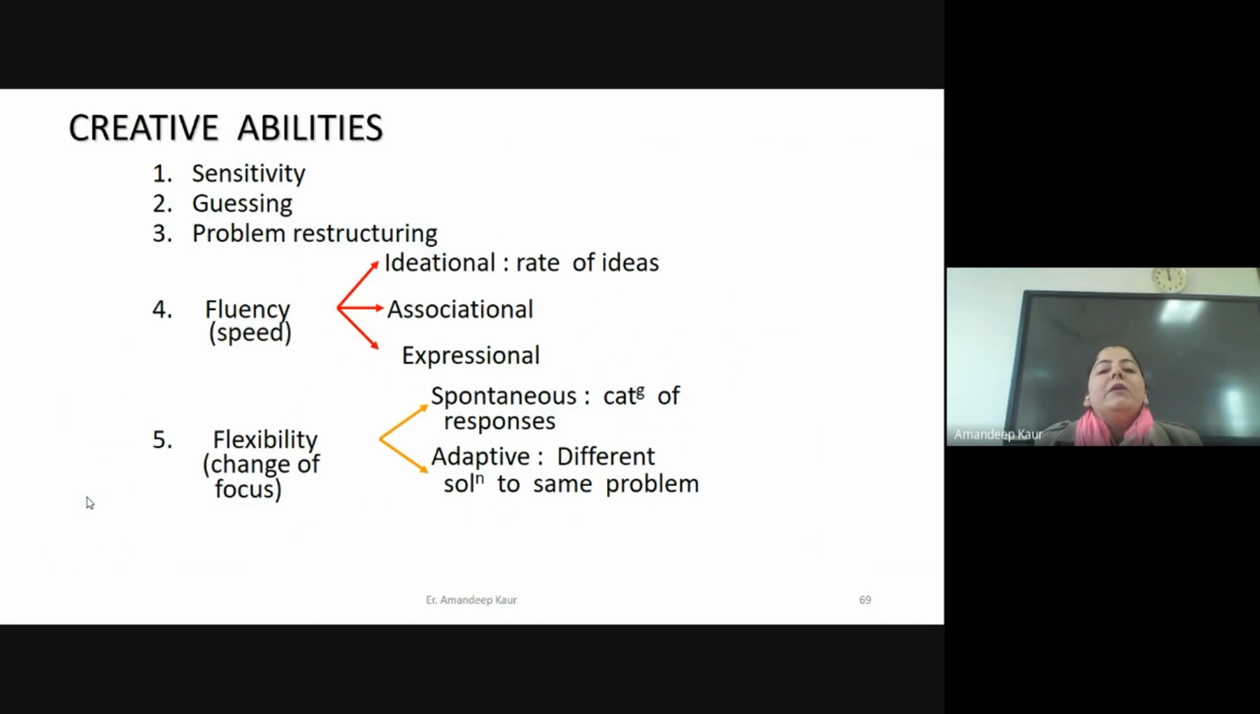So there may be attribute listing, there may be checklists used by the teacher in a class, there may be brainstorming sessions designed by the teacher one or two times within a semester. These kinds of activities or teaching strategies help us to develop fluency about that particular subject matter. When the teacher is using role play, when the teacher is using the case study method of teaching, all these